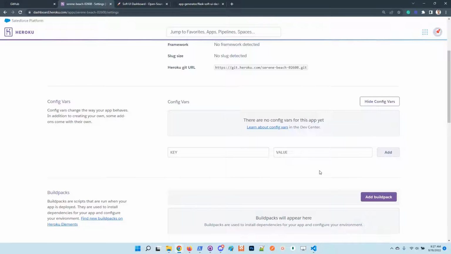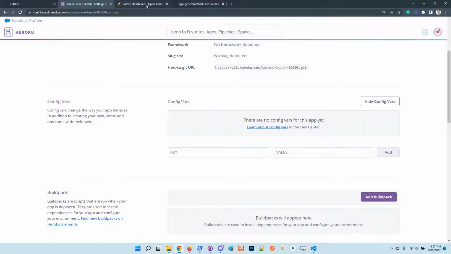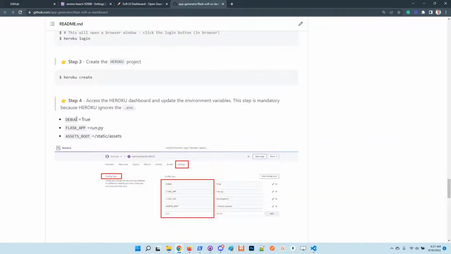This step is mandatory because Heroku ignores the environment file committed on the repository, and we need to provide all the configuration variables in this component. Let's go here and